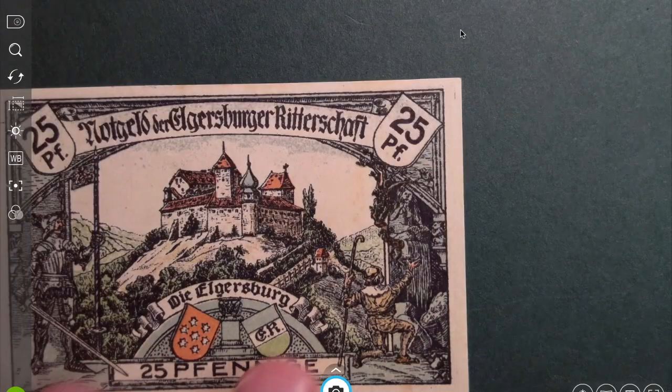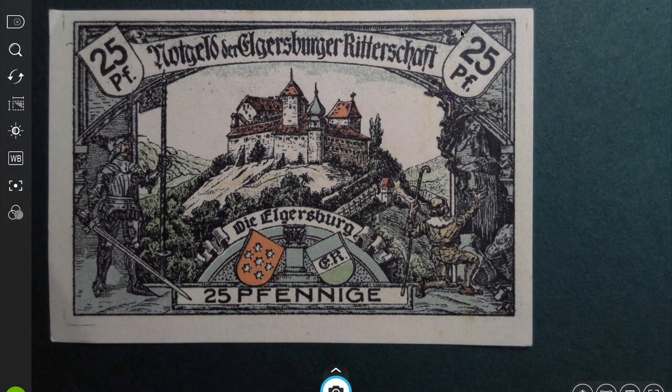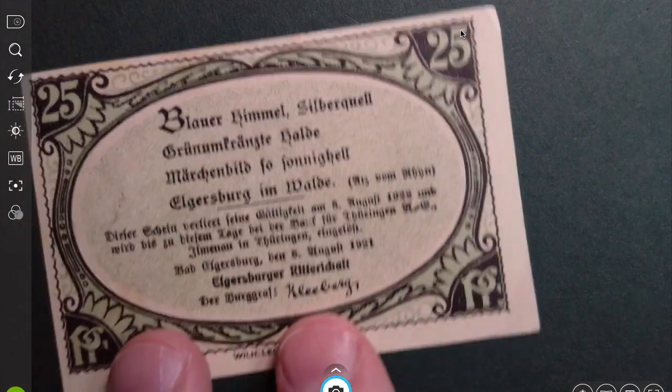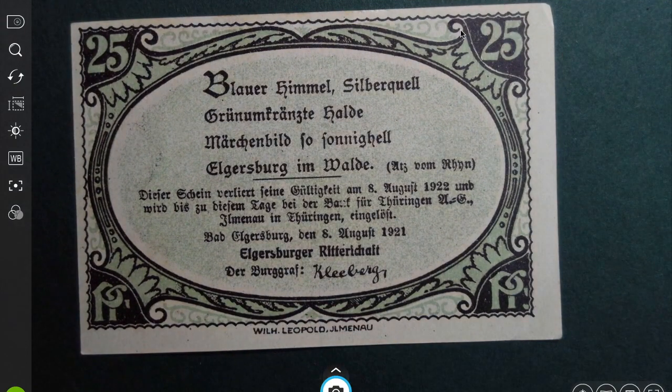The next note in that series is a 25 Pfennig note. And it depicts Elgersburg Castle, which sits atop a mountain or a hill. And there's a knight and a shepherd. And the back of this note also has a verse, which reads,